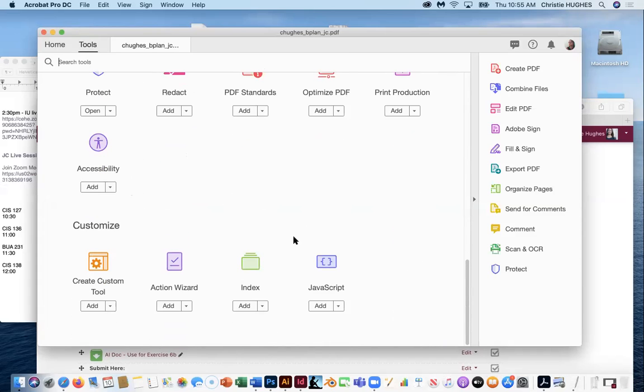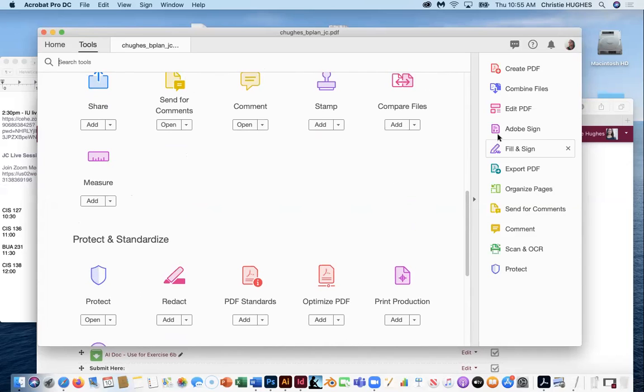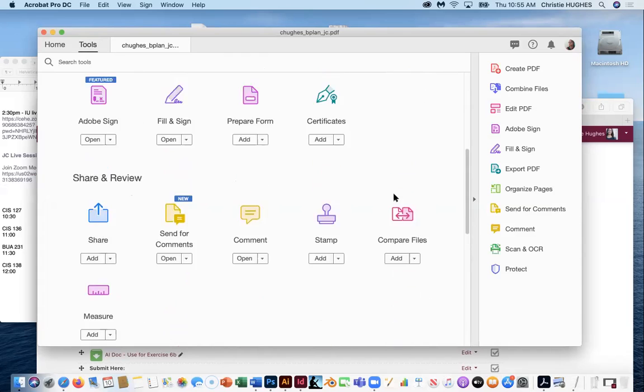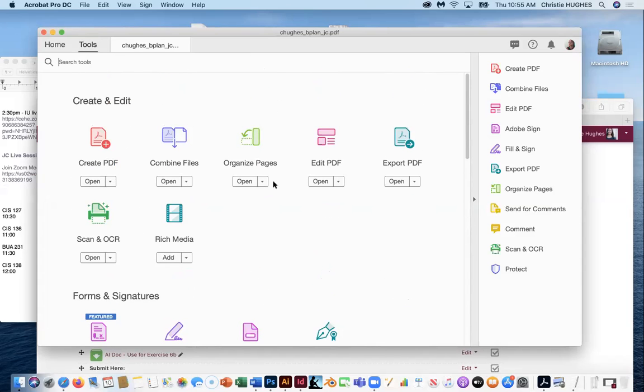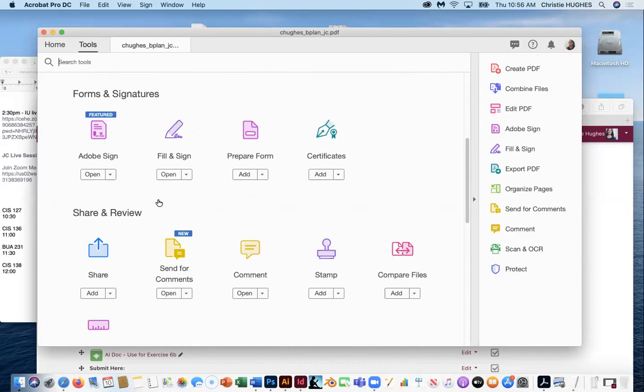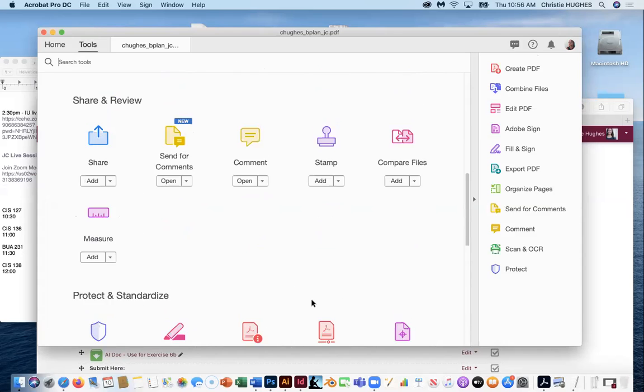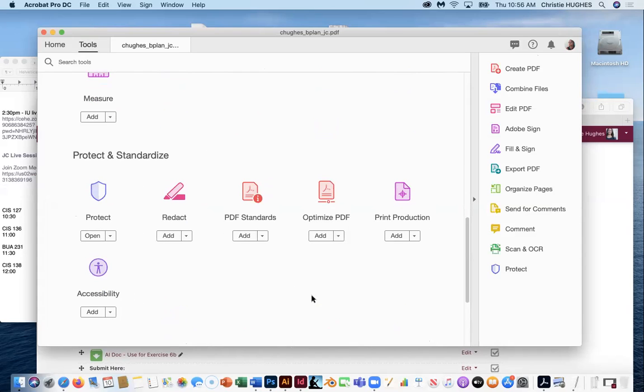Trying to find the bookmark. I think the bookmark might be over here. There's so much you can do. Adobe Sign. Can't remember which, they've changed it since I've done bookmarks, but you can do a lot of very incredible things